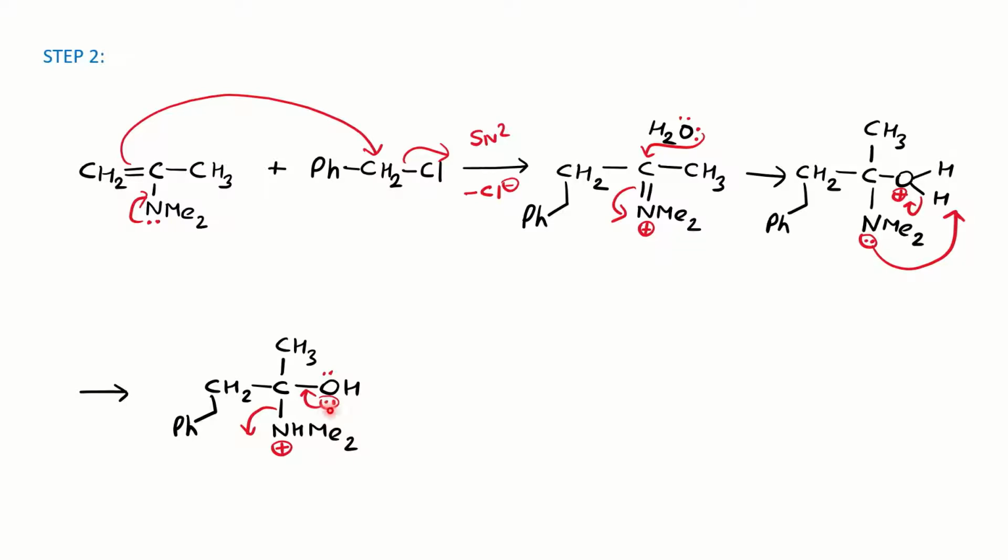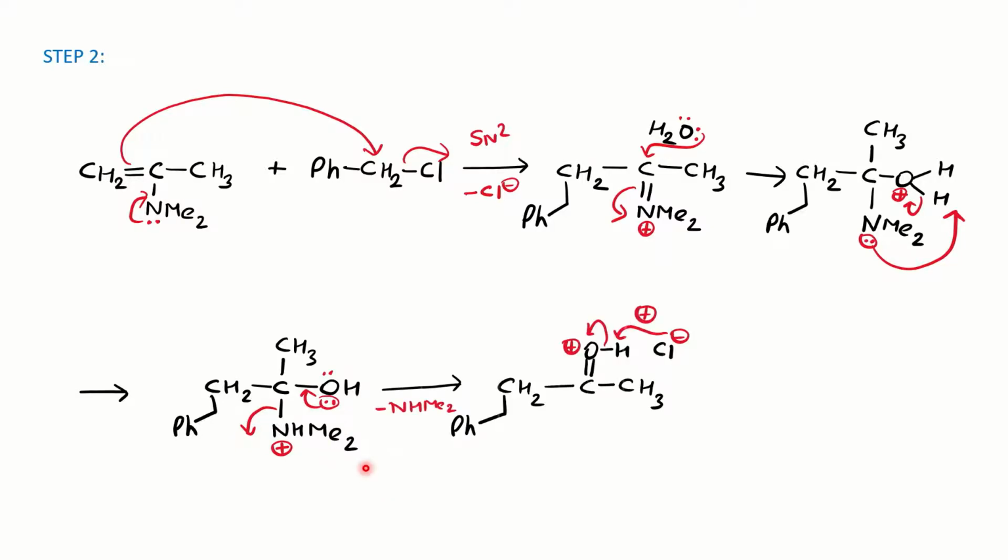The lone pair on the oxygen will give its electron to the C-O bond, followed by the discharge of the secondary amine. So you are regenerating the secondary amine, and then finally you have this structure where you have OH positive. Since you have released Cl minus in the first step, the Cl minus will abstract this proton to satisfy the charge of this oxygen, and you will get the final product as the alpha substituted or alpha alkylated ketone. So this is our C-C bond formation.